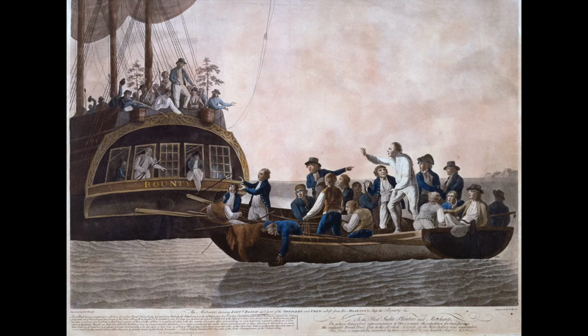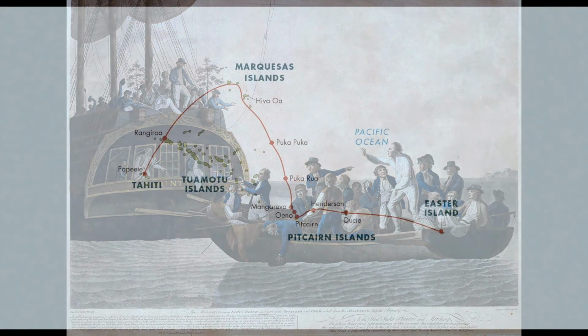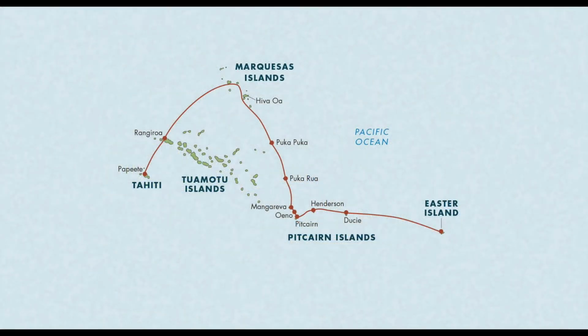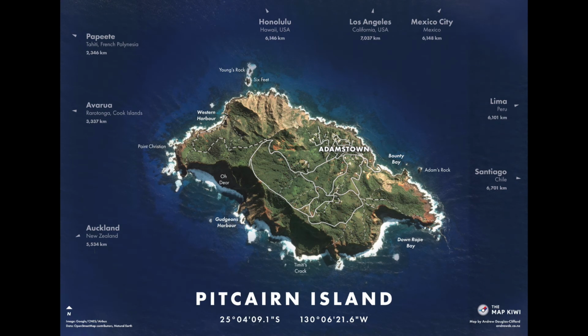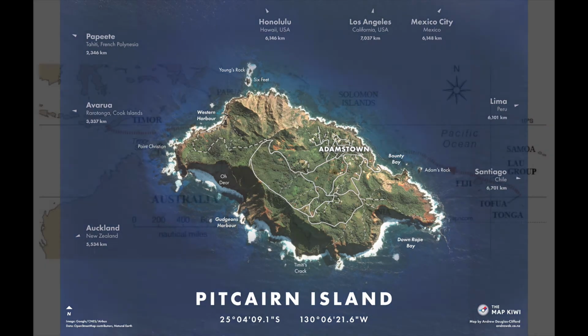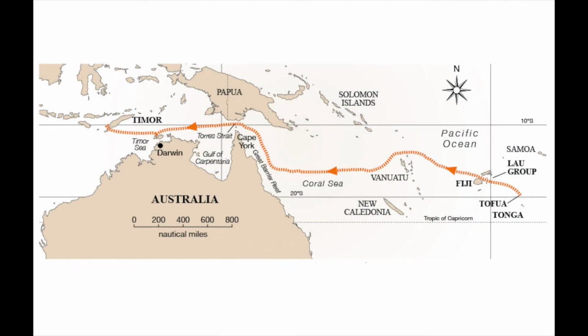But the mutineers themselves didn't agree on what to do. Some of them wanted to go back to Tahiti and just live there, and some did. But Fletcher Christian took the Bounty and went elsewhere with some other mutineers, and they ended up here on Pitcairn Island. So there was Fletcher Christian, some English people, also some Tahitian men and Tahitian women, and the Tahitians ended up murdering Fletcher Christian and some of the other mutineers.